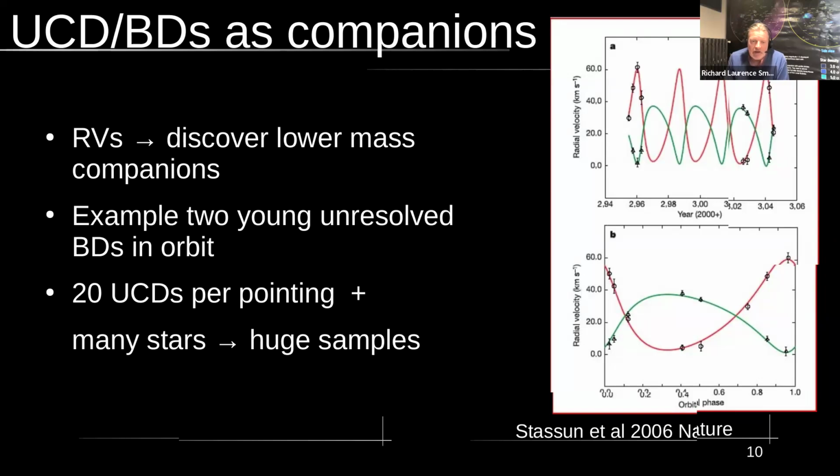As I said, if you just randomly point at a part of the sky, there are only, on average, 20 UCDs, but there are many stars, and the stars will, by definition, have lower mass objects if they're unresolved binaries. By definition, it will have objects with UCDs, so we will have huge samples of binary systems,